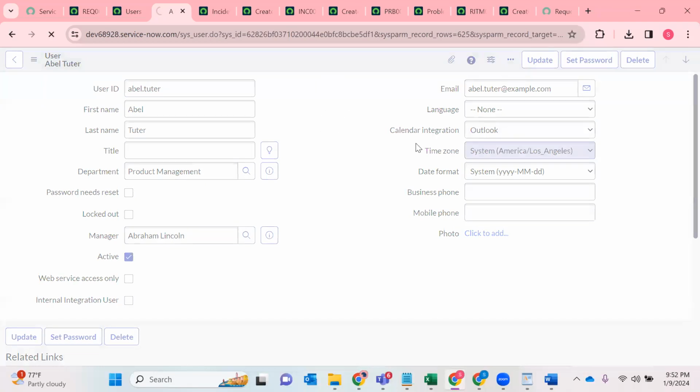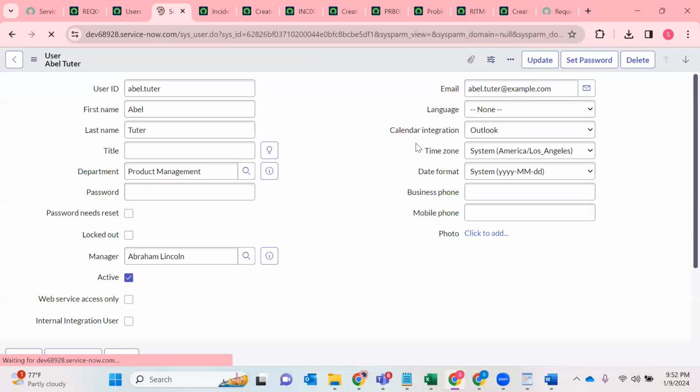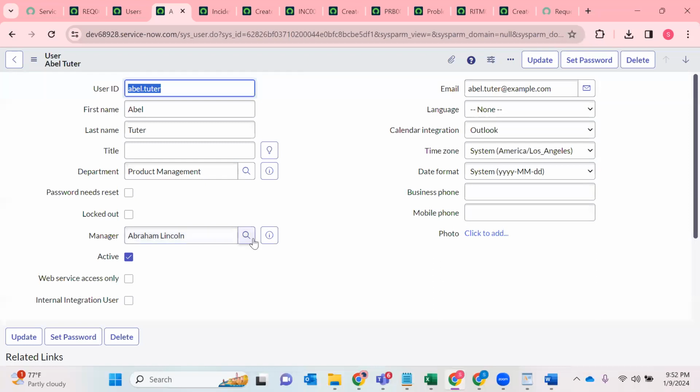So whenever you search who is the manager of Abel Tutor, it shows Abraham Lincoln. This is a reference field. It refers to the user table. So ఇలా ఒక యూజర్ ప్రొఫైల్ ఎలా క్రియేట్ చేయొచ్చు, కావాల్సిన ఇన్ఫర్మేషన్ ఎలా పెట్టొచ్చు,